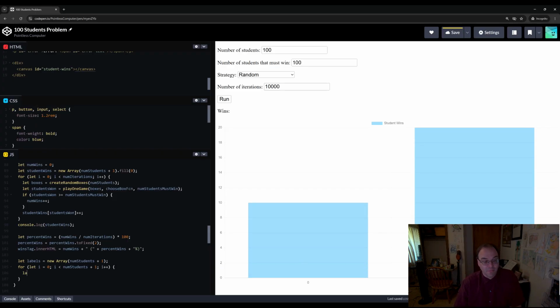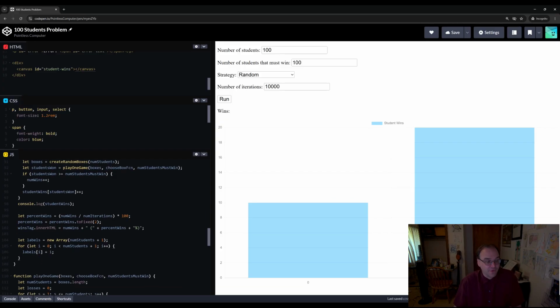And this is going to be a very boring statement, but labels[i] equals i. What this says is, in bucket 0, shove the number 0. In bucket 1, shove the number 1. In bucket 2, shove the number 2, and so forth. Like 0, 1, 2, 3, 4, blah, blah, blah. And then after this is done,